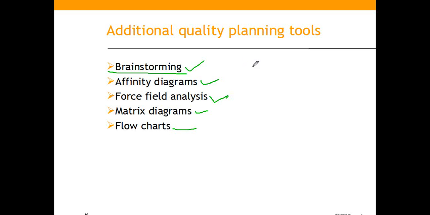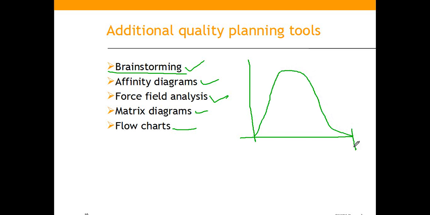Then comes affinity diagrams. See, I've had cases where, when we do the acceptance testing for a product, the defect trend is supposed to be here, and this is where we ship the product. Sometimes you get curves like it goes like this. So now let's say you have 200 defects. What do you do? So immediately